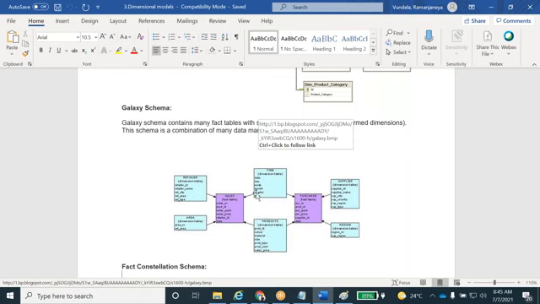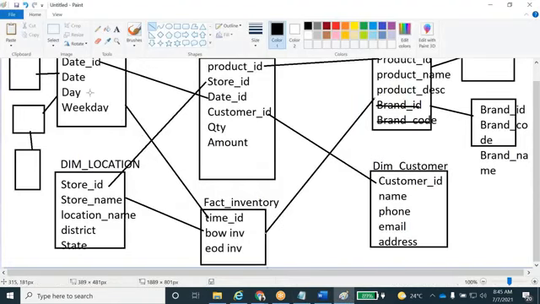They will ask this question in the interview, guys: what is a conformed dimension? The conformed dimension is nothing but a dimension table that we are going to use in more than one fact table. You can see here, this dimension we are using in the fact sales, and the same dimension table we are using in the inventory table. That's why this date dimension is called a conformed dimension, even product.